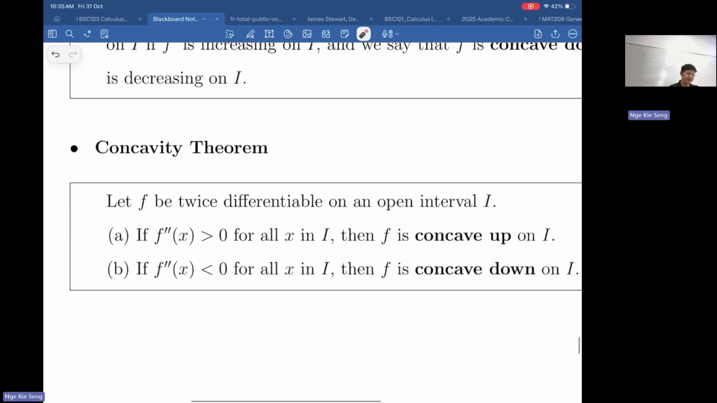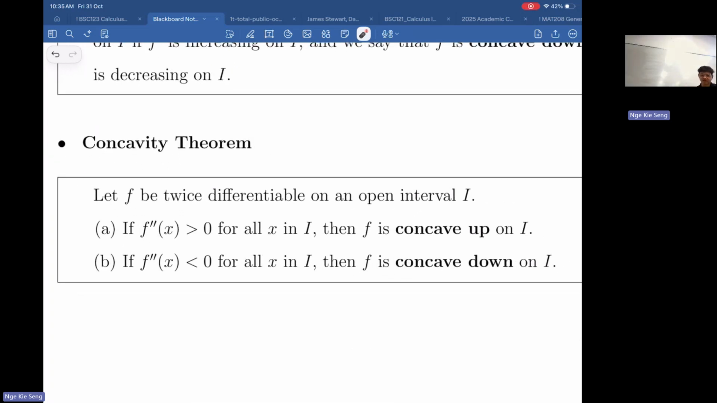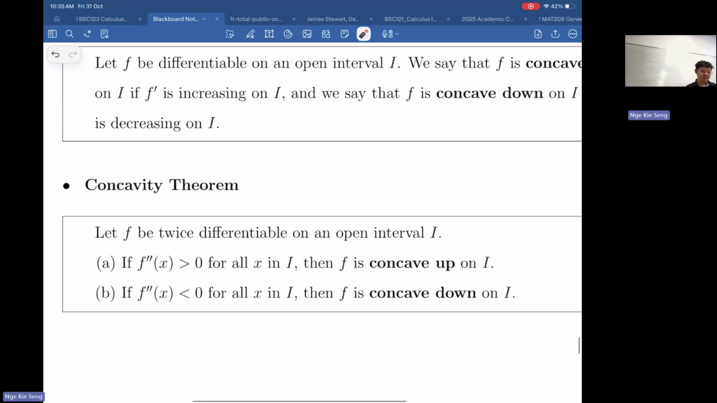So another way to check is the second derivative. If your second derivative is greater than 0, then your function is concave upward. If your second derivative is negative, then your f is concave downward. Precisely because of this increasing and decreasing. Because if it's increasing, then the velocity of your velocity